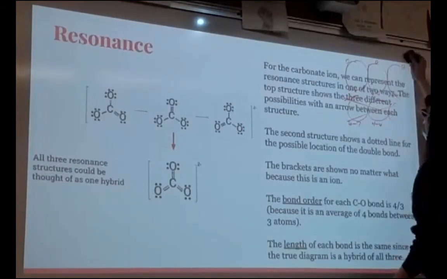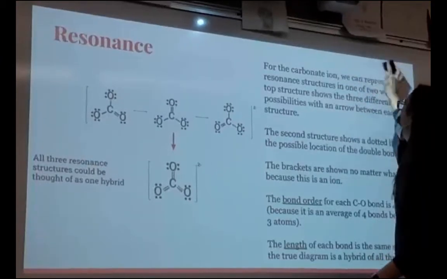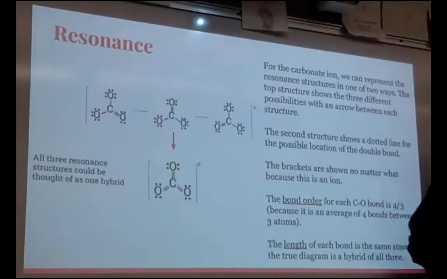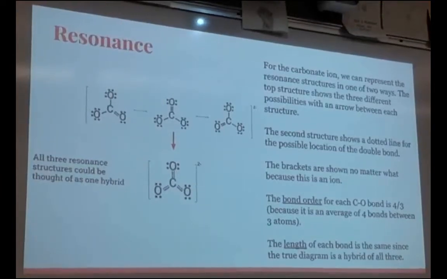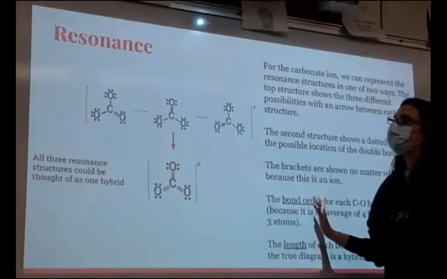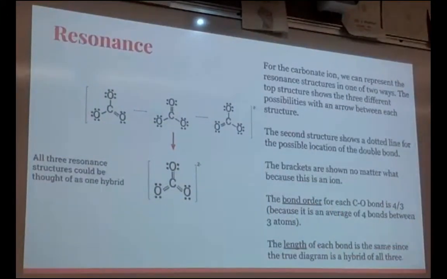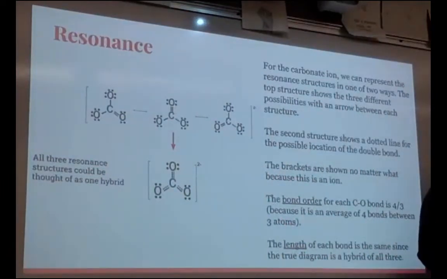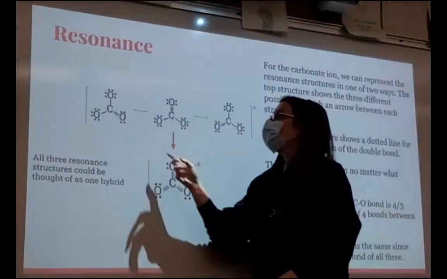And then, really quick, we'll look at resonance. So resonance, this exact picture is at the bottom of the video 10 notes, so page 11 of your notes packet. This is right at the bottom. So resonance structures, we didn't even look at yesterday. I didn't have you draw Lewis structures that more than one structure could be drawn, because we're going to do that today. But in a resonance structure, for example, if you needed to draw carbonate, CO3 2-, when you draw